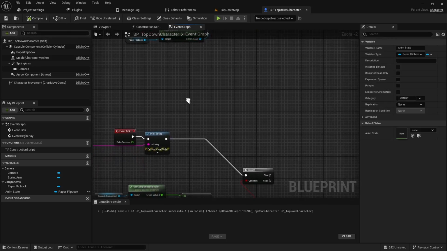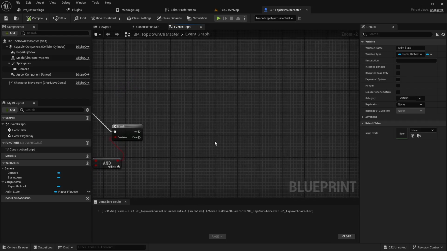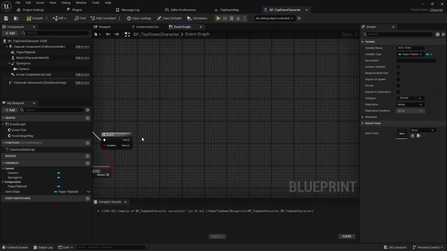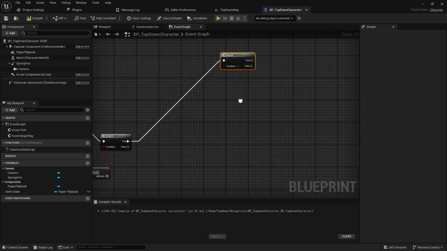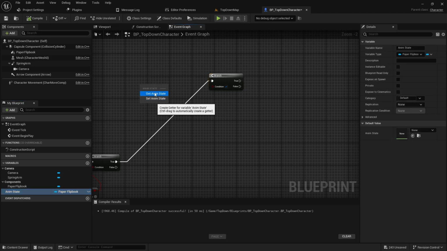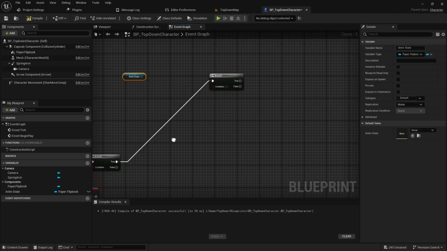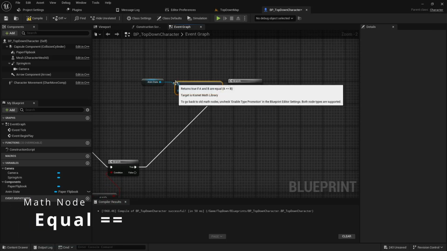So let's go back into our event tick, and we can begin working on the actual idle code. What we'll need to do is come into another branch. So we can hold B, click in the graph, and we'll hook up our true pin up here. And then the way we need to do this is we basically need to get a reference to our animation state. So we'll do Get Anim. And then we can check if it's equal to